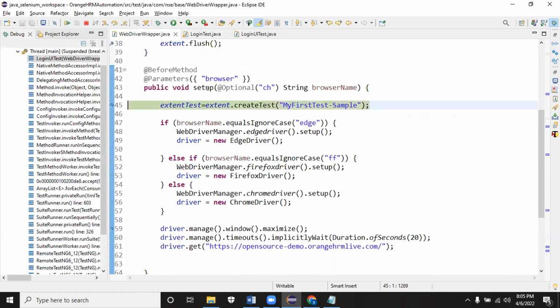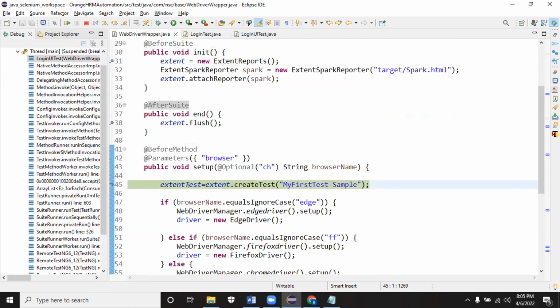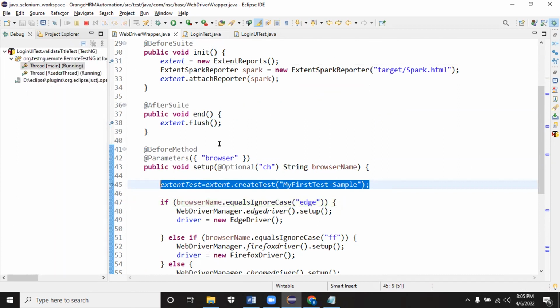After initializing it, it will go to the test method. Now in test method, I'm creating a test right now. The object will be assigned to this extend test variable. We have to create the test. This is the code to create the test log we will create. And once this is done, it will go to the test method, runs everything.